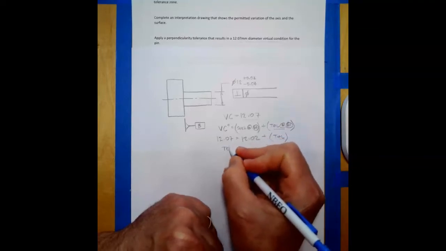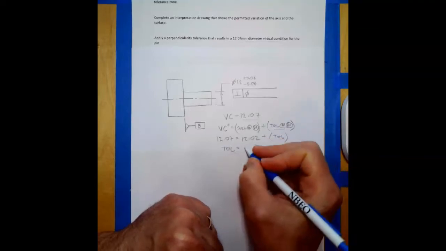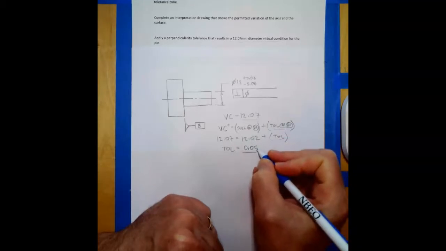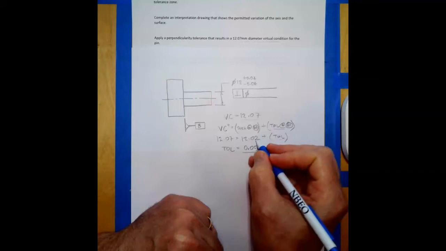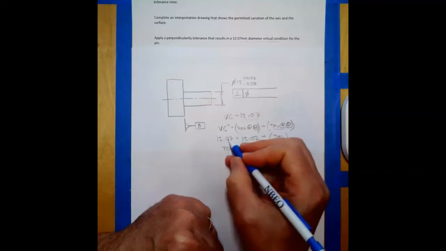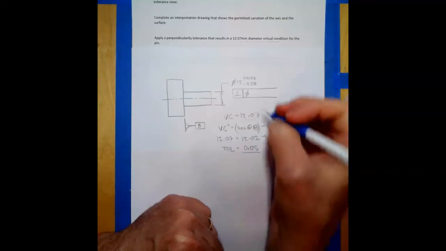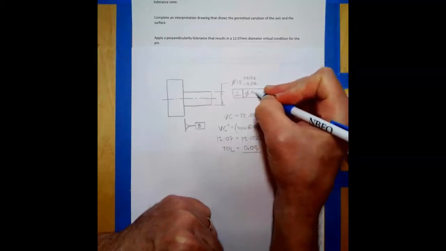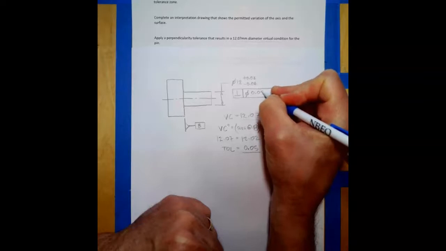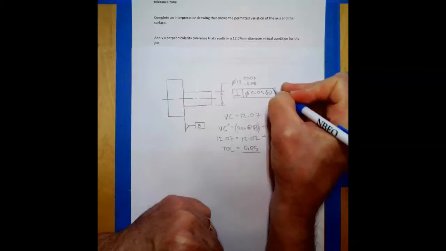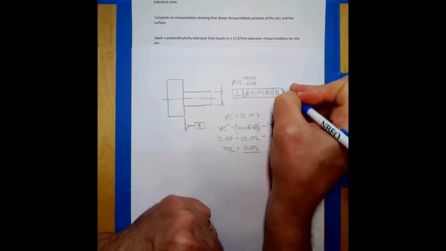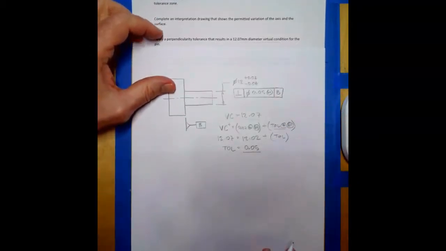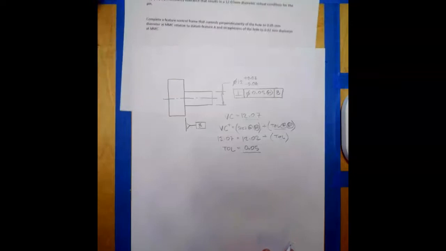Well, the tolerance in this case is going to be 0.05, right? 0.05 plus 12.02 equals 12.07. So the tolerance at MMC is going to be 0.05 MMC relative to B. All right. And last but not least,